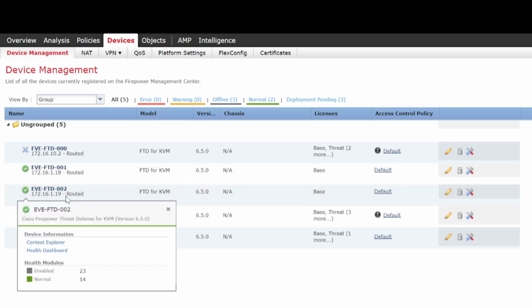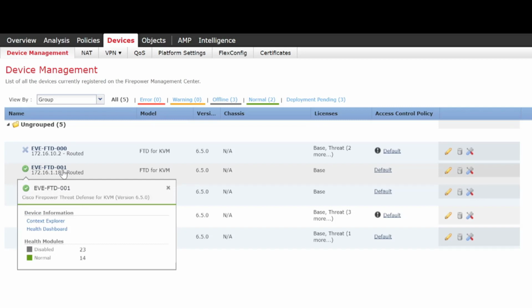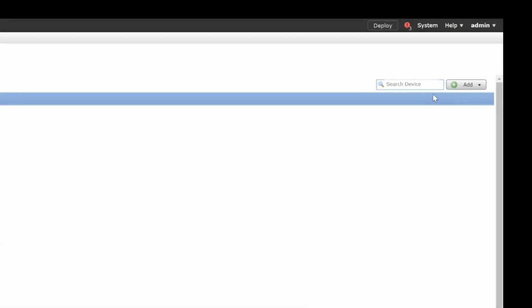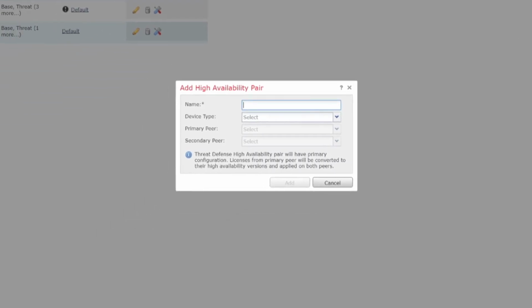Essentially we want to make 001 the active and 002 the standby device. To do this, we just need to go across to Add and then Availability,